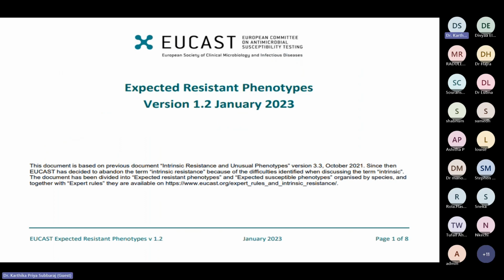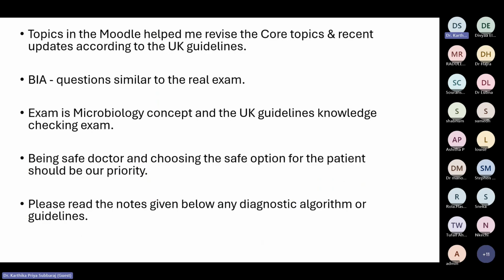And resistant phenotypes. This one is intrinsic resistance kind of thing. If you remember, most of the time they give an antibiogram kind of picture and they will ask which antibiotic you query kind of thing. For example, they will give Klebsiella, they will give sensitivities like a Vitek sensitivity kind of thing, and they would have given amoxicillin as sensitive. So the last line will be which antibiotic do you query? Then you need to select amoxicillin because it is intrinsically resistant, but it is given as sensitive. So that's that kind of questions you will get from this document, and it will be around 5 to 6 questions easily.